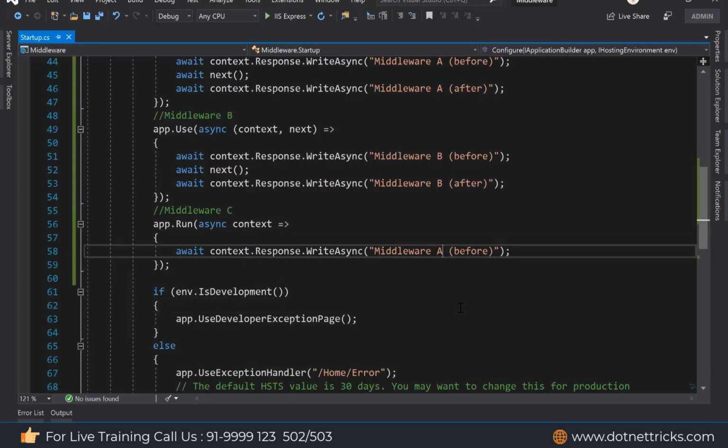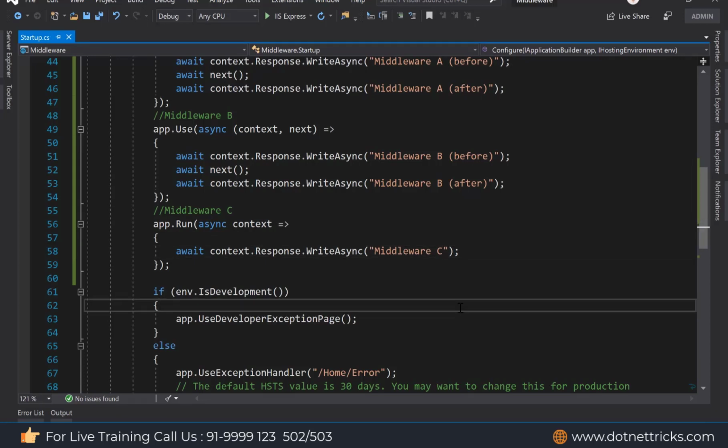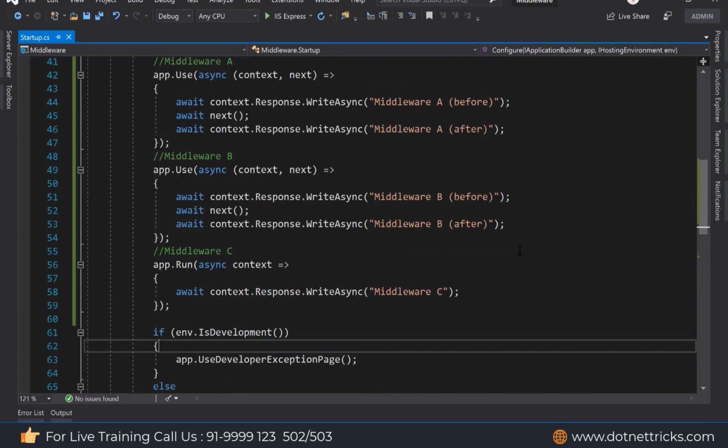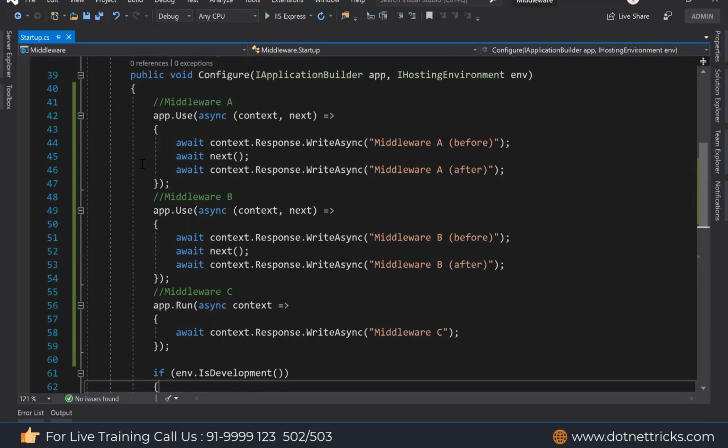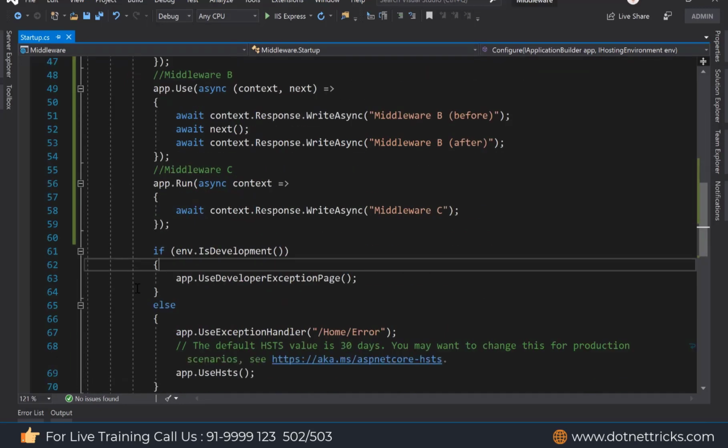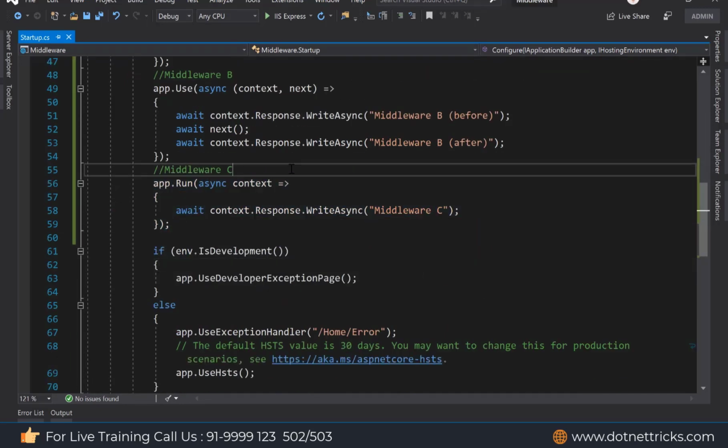So let's say middleware C: it's not before and after, because it will terminate the middleware pipeline after executing this one. So this way we have just registered three middleware, A, B and C, and here we are terminating the pipeline.